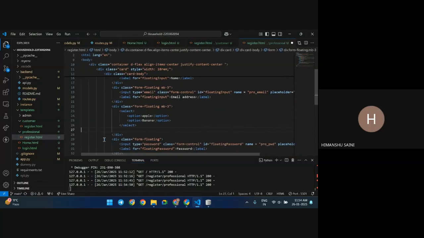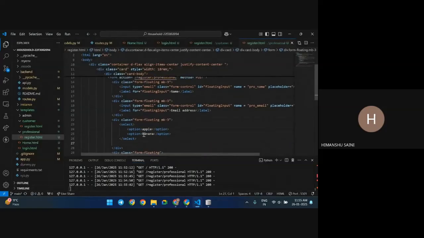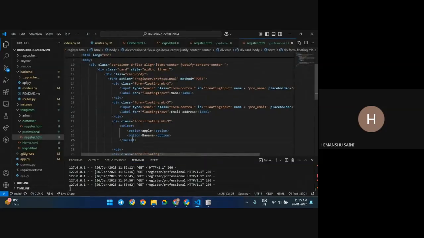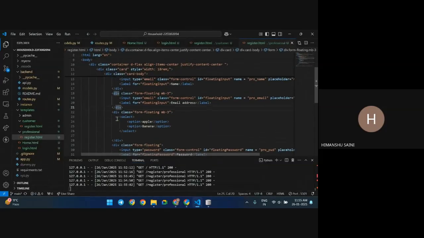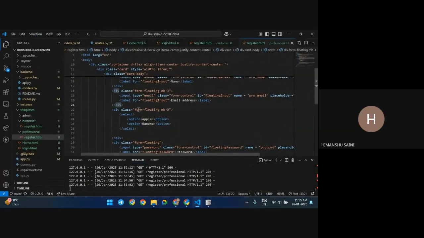I have to remove this label also. And this is coming here. Now, why is it not covering the whole part? For now, it's correct, but instead of apple and banana, we have to give the category from